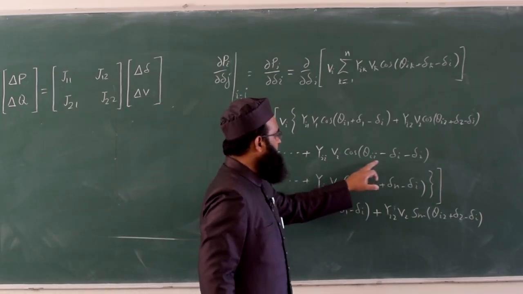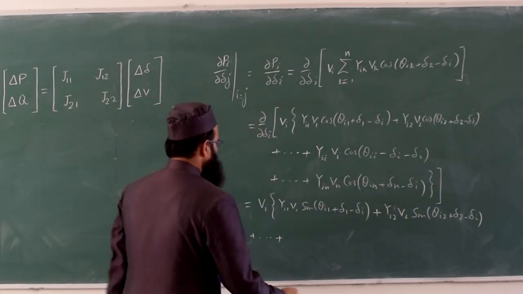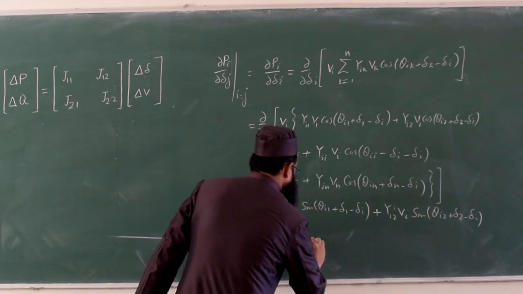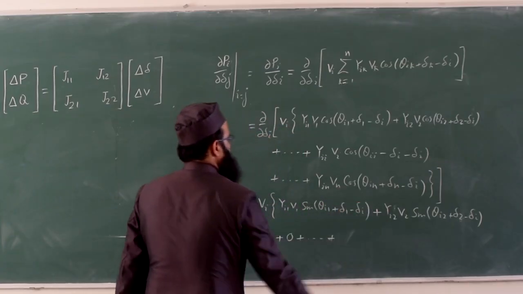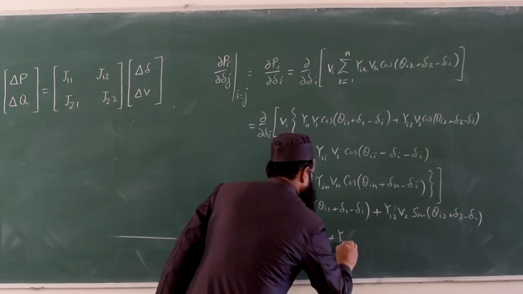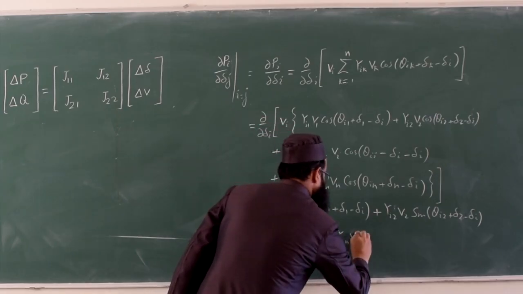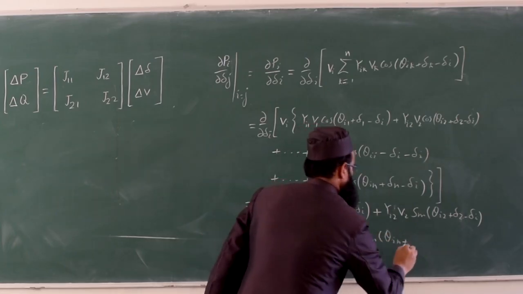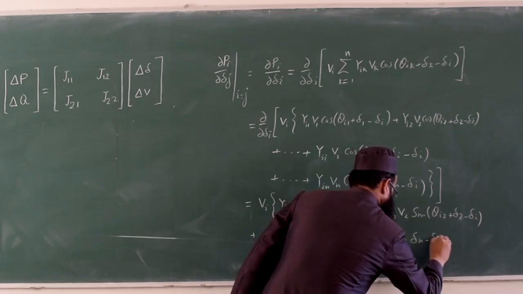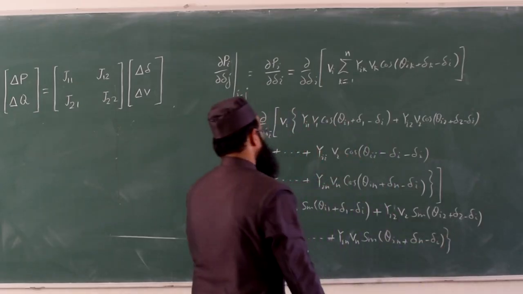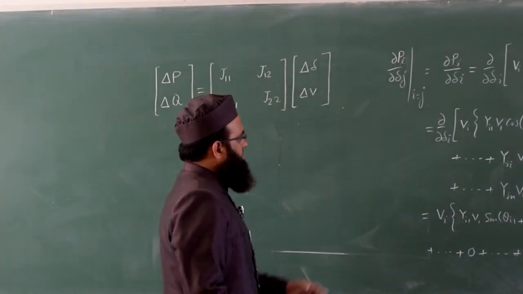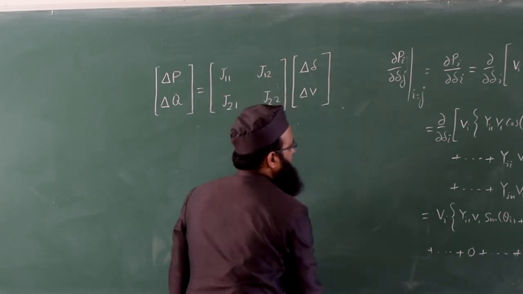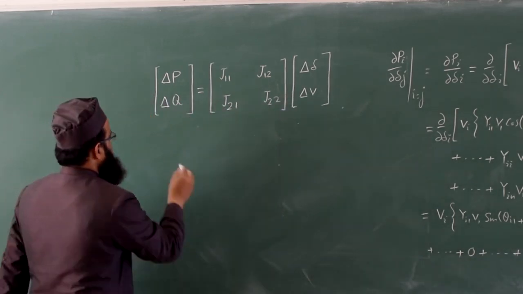For the ith term, this is independent of δi, so 0, and the remaining non-zero terms can be written in a similar way. Plus write for the nth term Yin Vn sine of (θin plus δn minus δi). We can write this. The same can be written as,